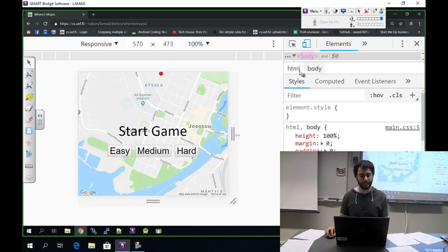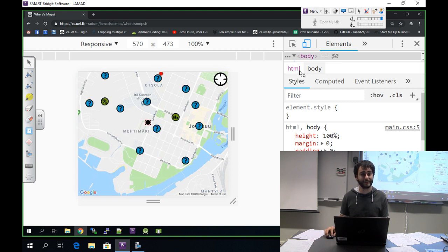So now the map is simpler. It's not very hard to do, and when I press the easy and the game